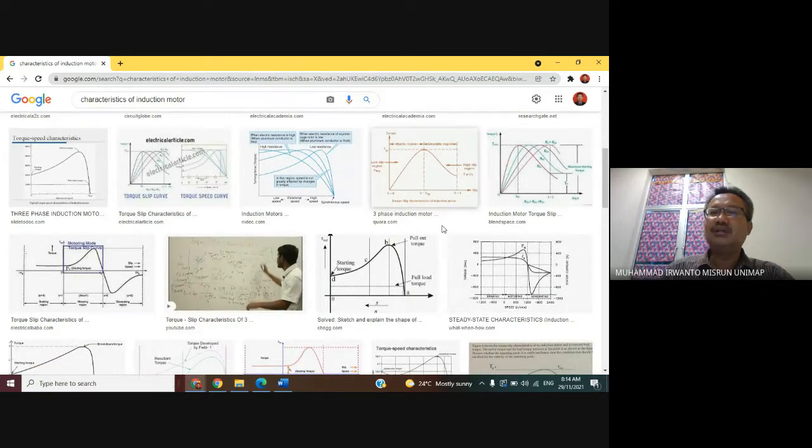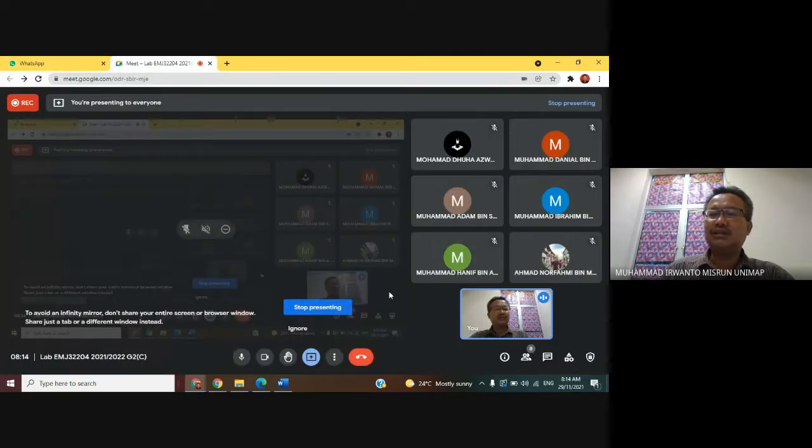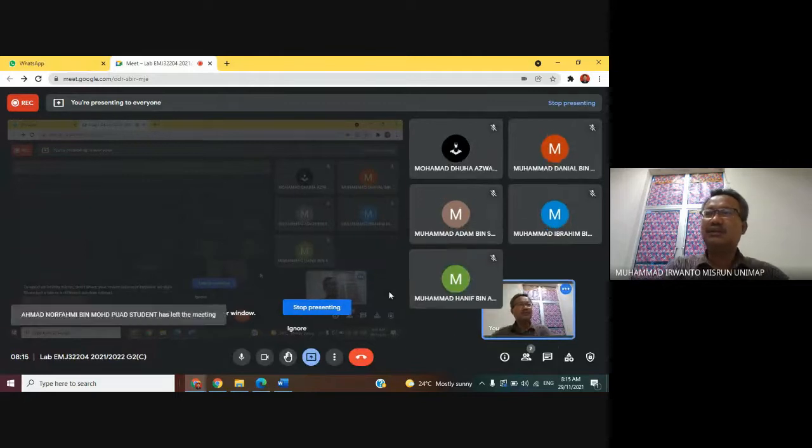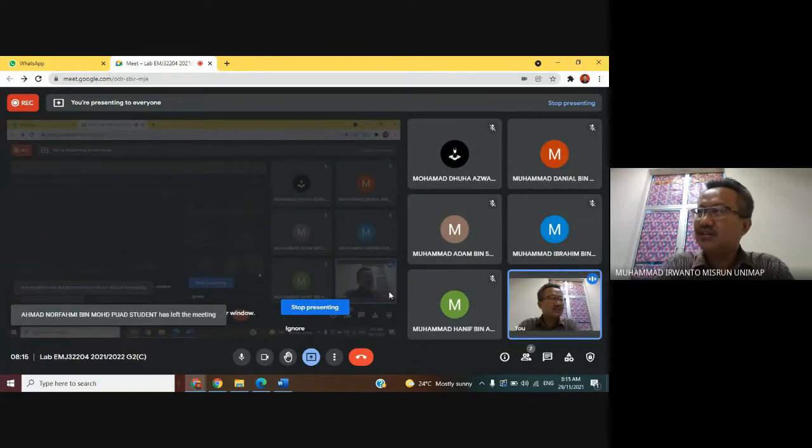Now we can see that for the characteristics of induction motor, the x-axis relates to the speed, in terms of this searching on Google. Because it is open-ended, you define what you want.